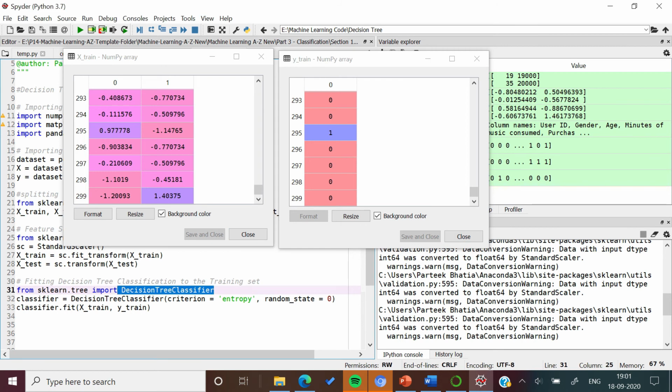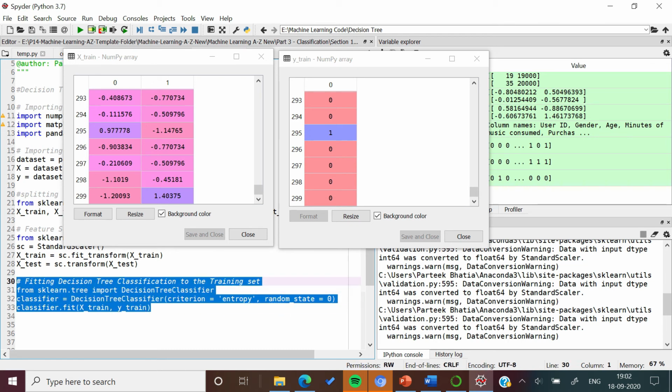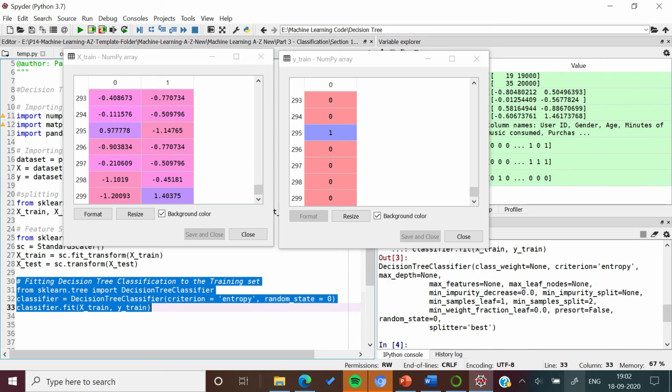So in order to build this decision tree classifier, we are importing decision tree classifier class from sklearn.tree sublibrary. We are creating its object by passing criterion as entropy because we are building decision tree on entropy, and mentioning random state as 0 so that re-execution of this code should give same results. In fit method we are passing xtrain and ytrain. Let us execute this code to build our decision tree. So you can see decision tree has been built.